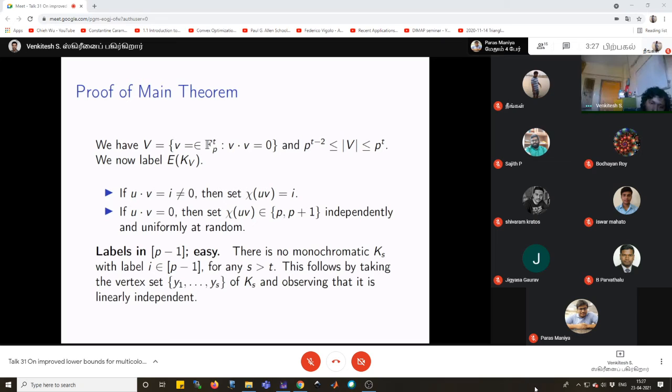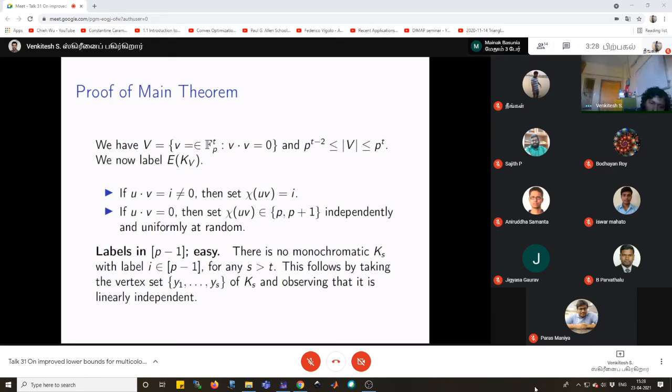That's all. Okay, proving that they are linearly independent is again super easy because you are working with very well understood vectors. Their description is neat. No problem. So it is easy, although the statement looks a little bit convoluted. It's just a verification that a set is linearly independent. Nothing more than that. So I am skipping the proof of this fact. But let me comment on why at all should we look at the statement. There is no monochromatic complete subgraph of size greater than t.